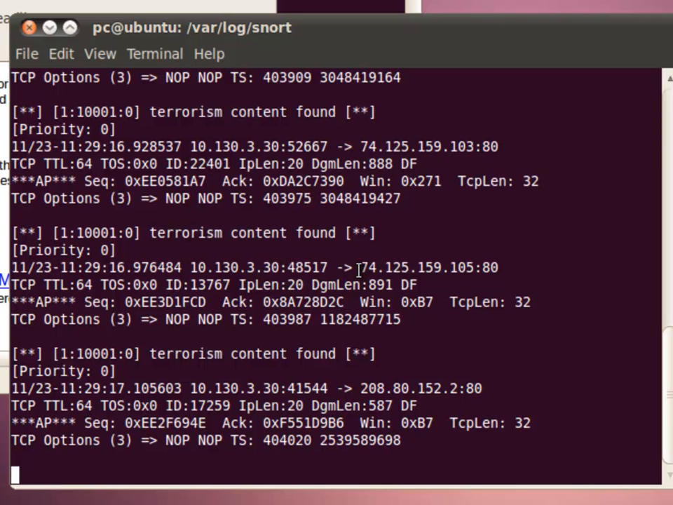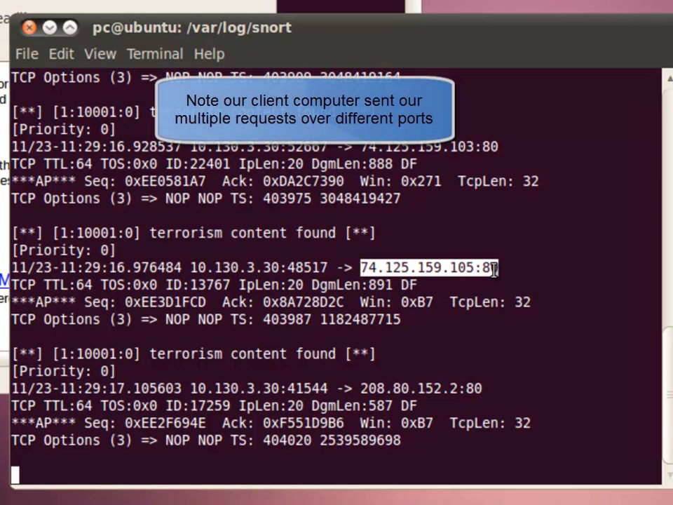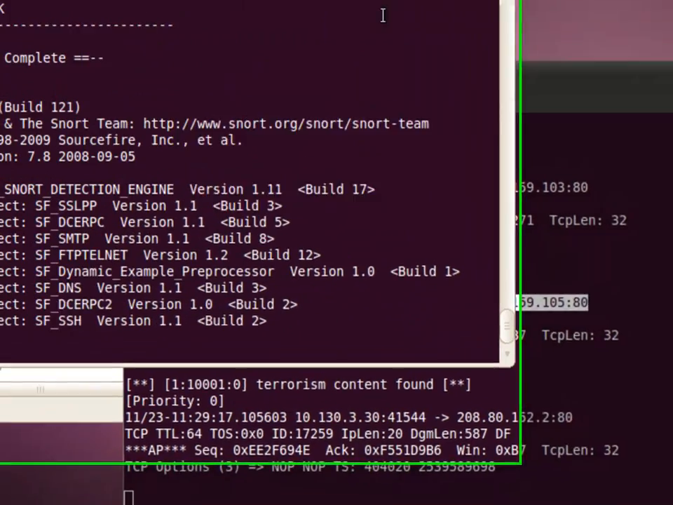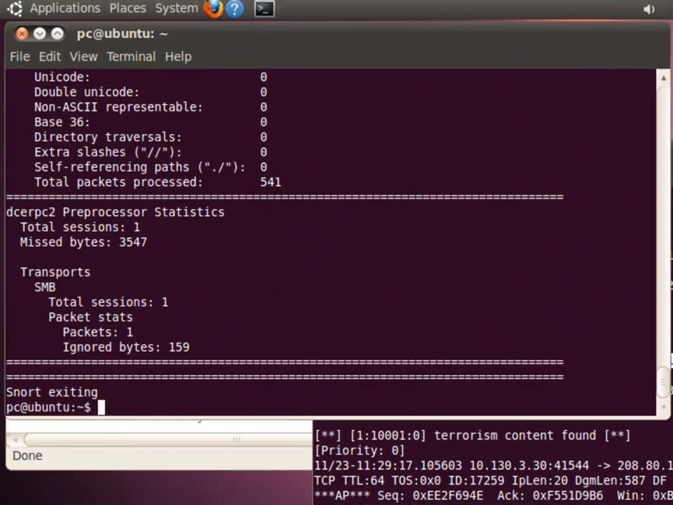Notice that this is coming in from our home net with the client side IP address to Google on port 80. And so we found it. So we're two thirds of the way there with our rules. So let's stop Snort and let's go back to our